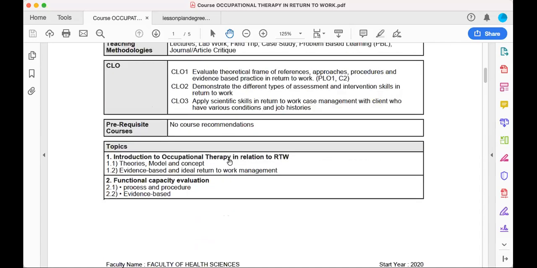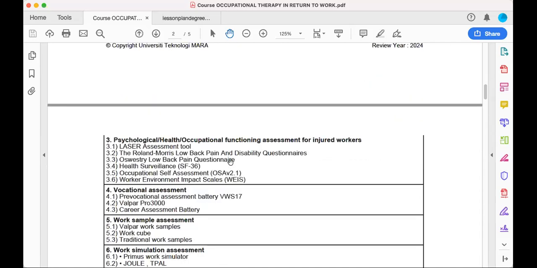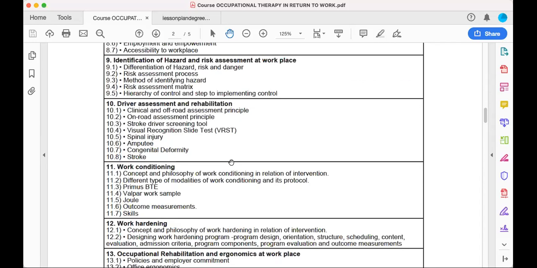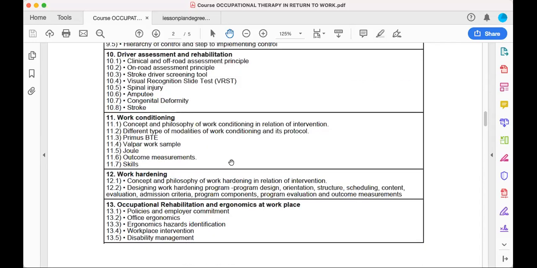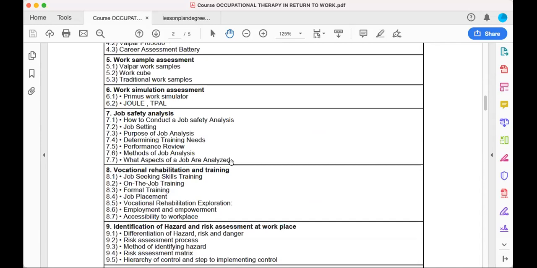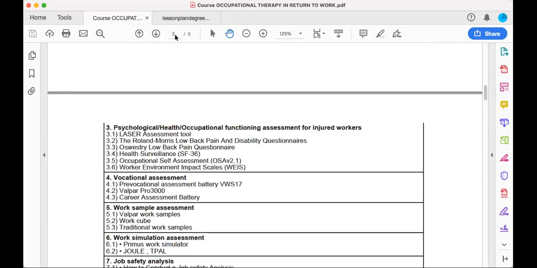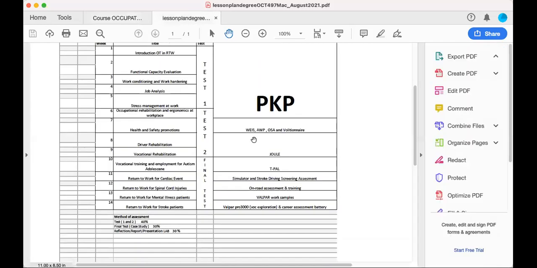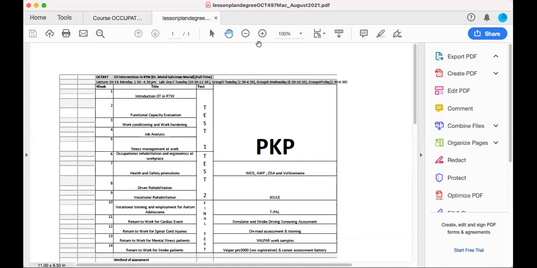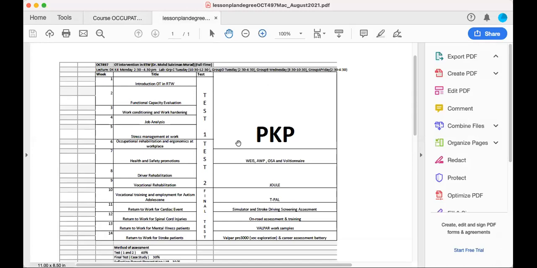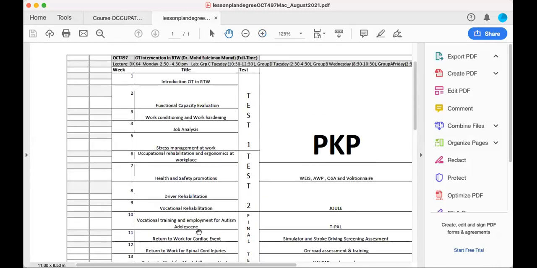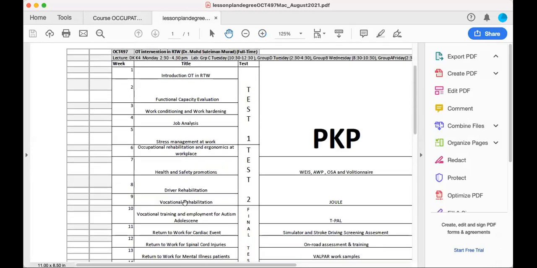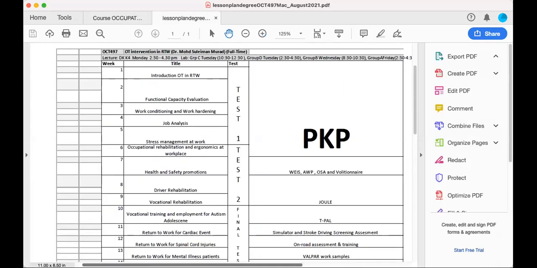So these are the topics. All the topics here will be covered. You can read this. And also I have prepared already the lesson plan for you all. So we have 14 weeks as usual. You tengok sini, when you check this, in the, apa ni, future ada letakkan lesson plan. So